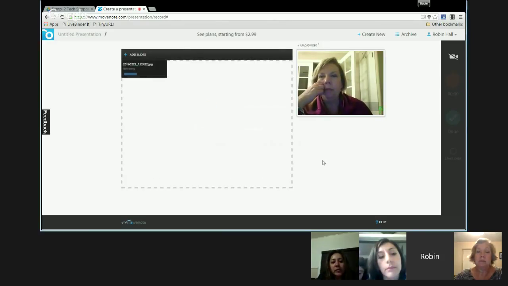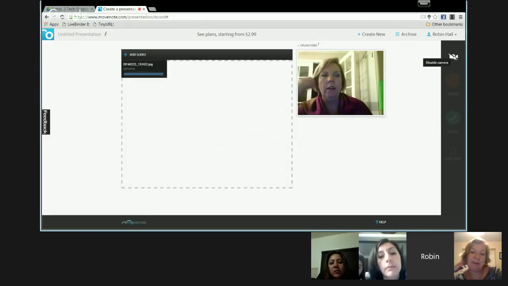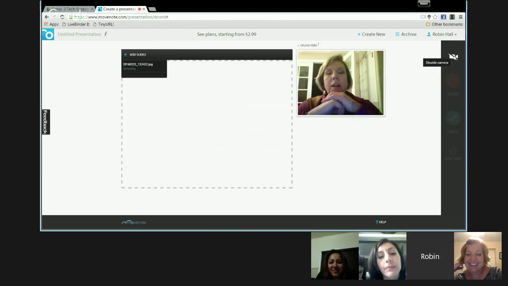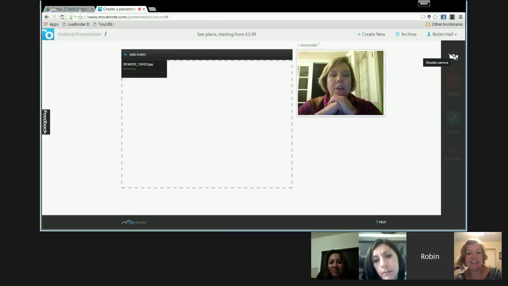Okay, so now we're back in this. So yeah, you would disable the camera up here. You click on it. It's funny to have just an empty box there, right? Well, it'll be the same color background, but just a shade lighter. So yes, people are going to see a box a slightly different color than the box that the presentation is in. But